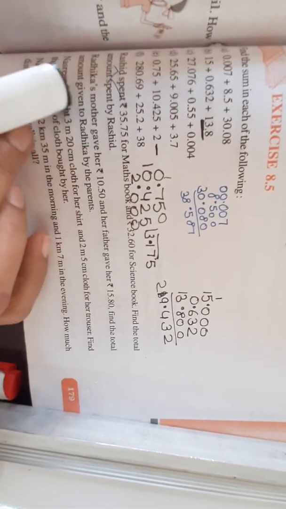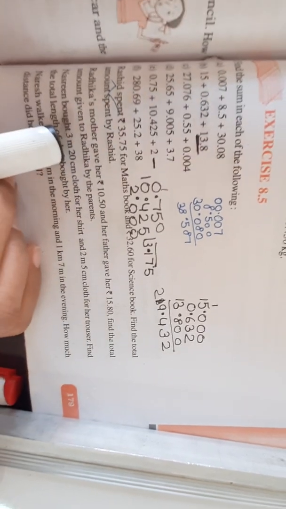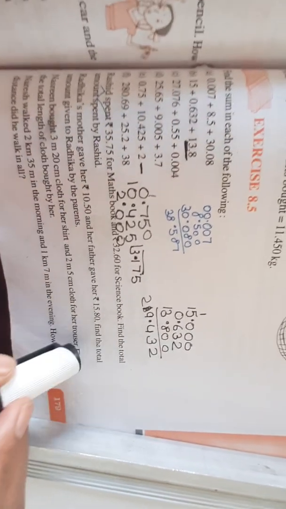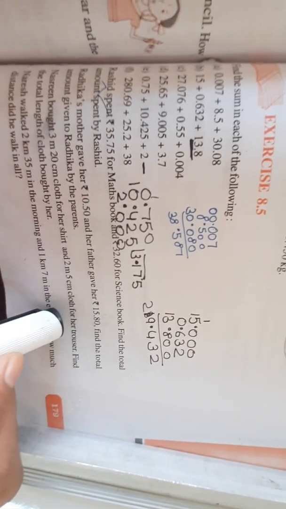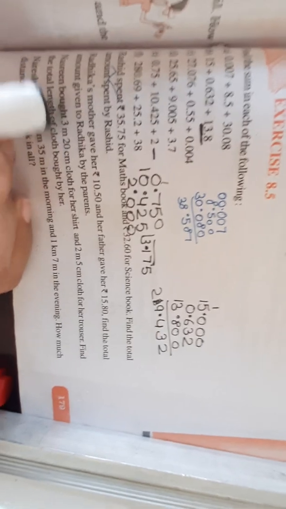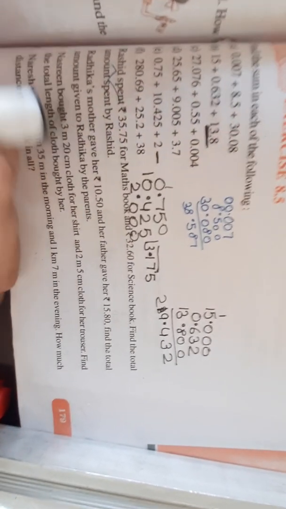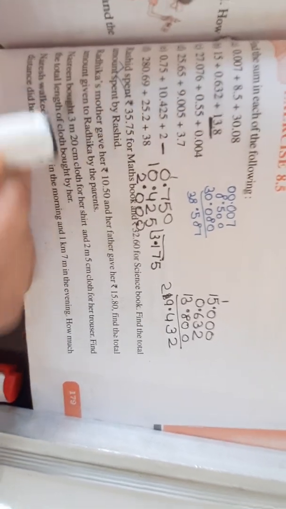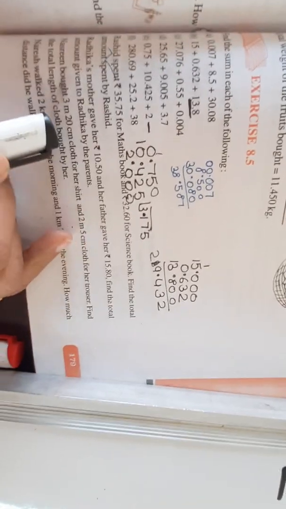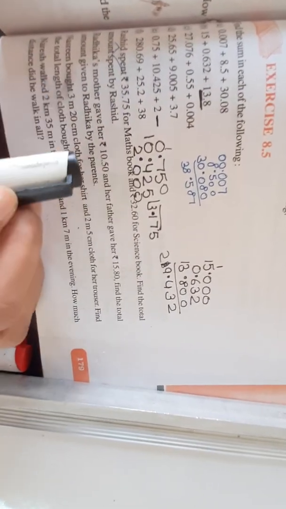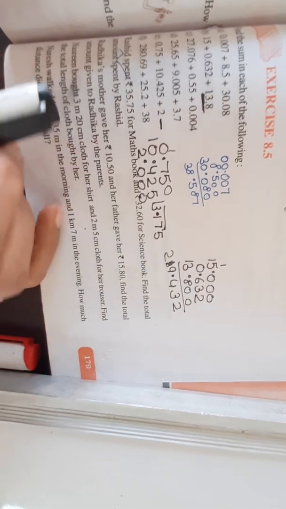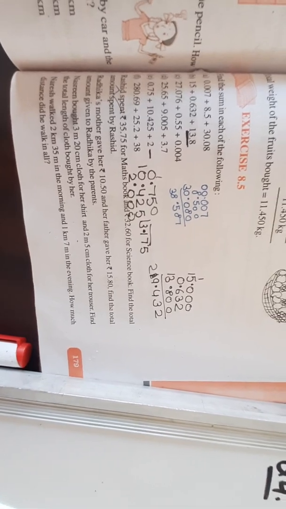नसरीन ने अपनी शर्ट के लिए कितना क्लॉथ खरीदा? 3 मीटर 20 सेंटीमीटर. And trouser के लिए कितना खरीदा? 2 मीटर 5 सेंटीमीटर. What is to be found out? Find the total length. Again we need to find out the total. So whenever they ask you the total, we'll add the two. So let us first write down the statements from the question. Shirt cloth is equal to this much, trouser cloth is equal to this much. So let us write down the statement.